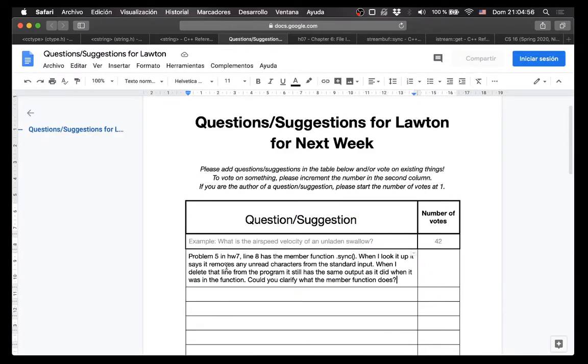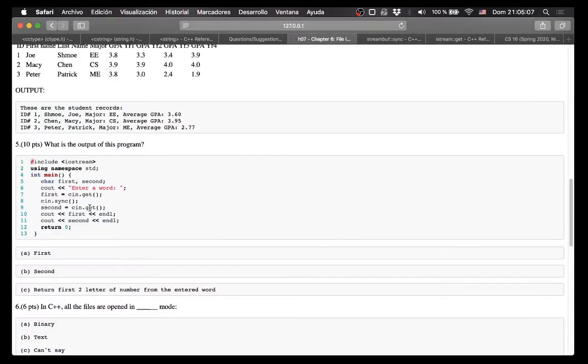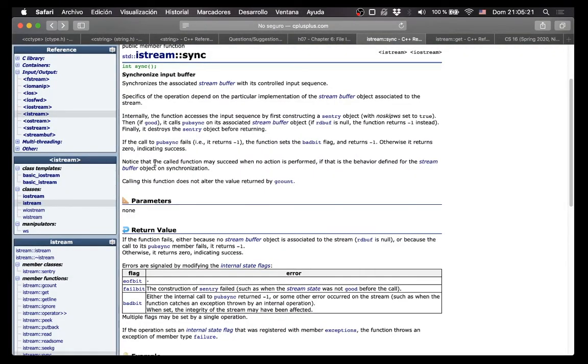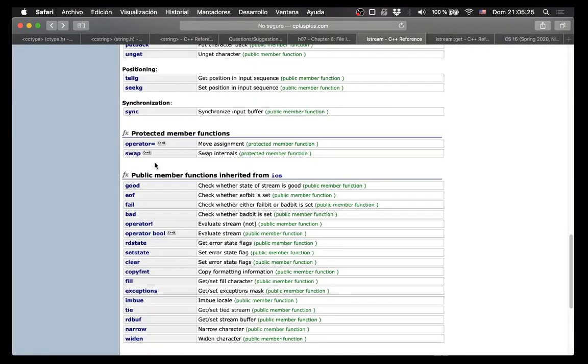So this has to do with a problem in your homework, and it asks about a line that has a .sync method on cin, and the question is, what in the world is that doing? And this is something that I had to go and check myself. I did not write this homework, so I also learned about it. So apparently, if you call sync on cin, sometimes, back in the day, or maybe on Cecil back in the day,